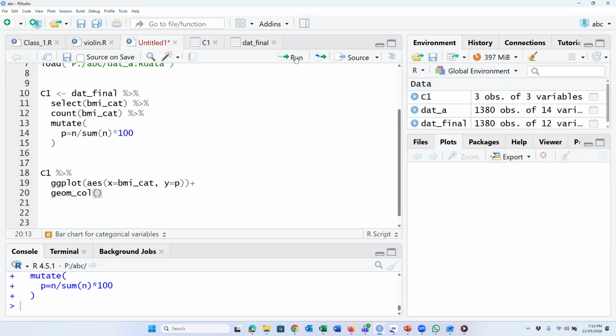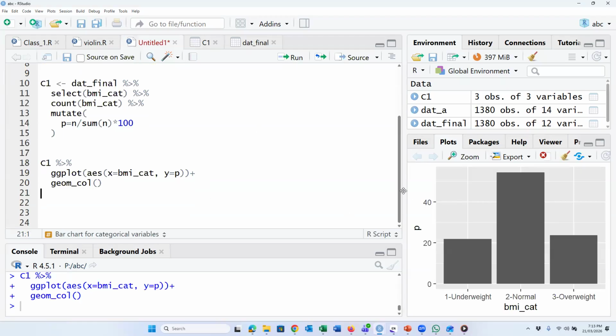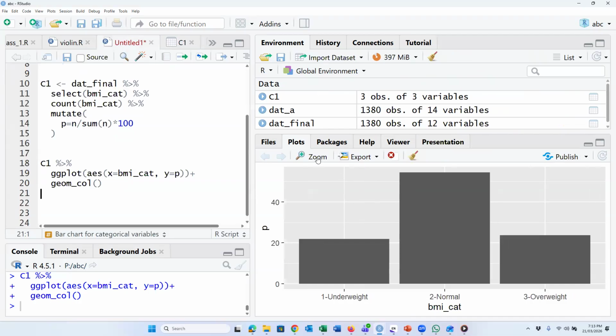So if we run, yeah, this is our bar diagram for categorical variable,